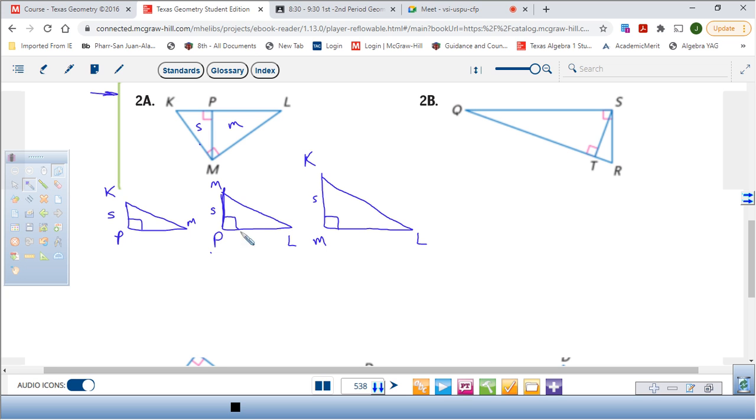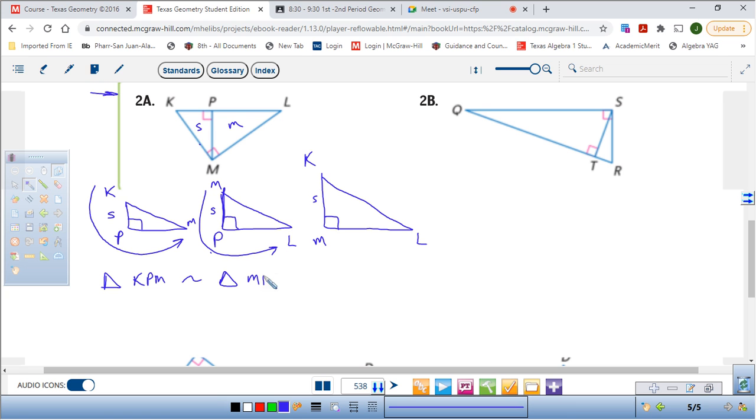Okay, guys. Now, when it comes to this part real quick, they want you to write a similarity statement. So what's my similarity statement? So I'm going to go with triangle, I'll do it the same way the book did it. KPM. KPM is similar to triangle MPL, similar to triangle